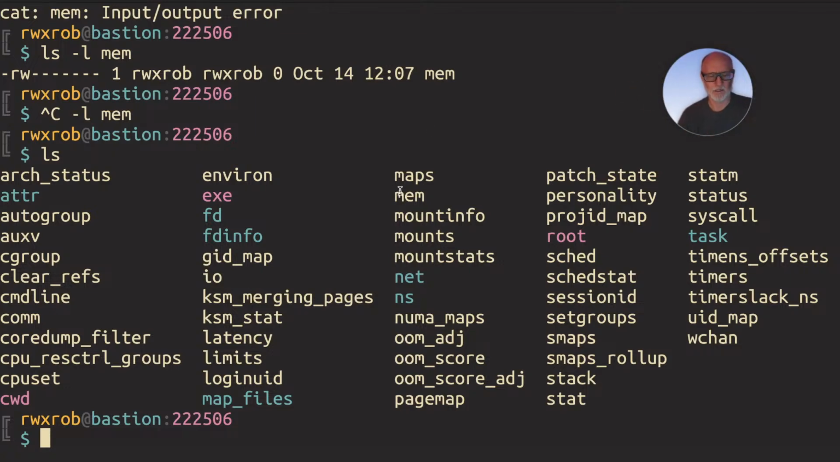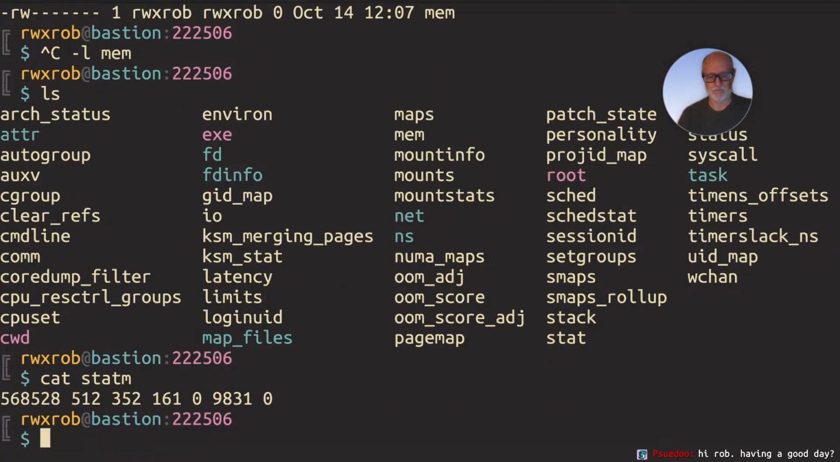It's super cool. Cat is like, oh, I don't use ls. I use /proc. I don't need your stinking ls and ps commands. The cat statm. Oh, damn. Cat